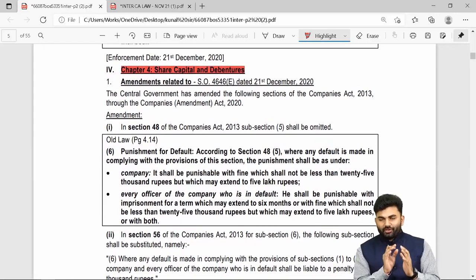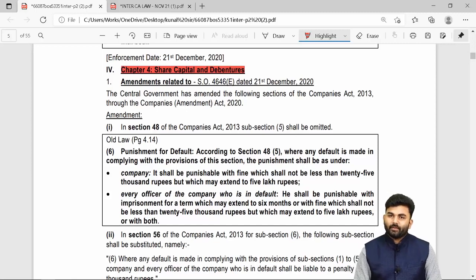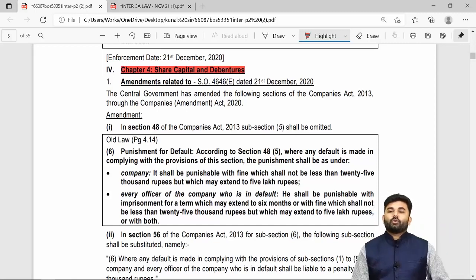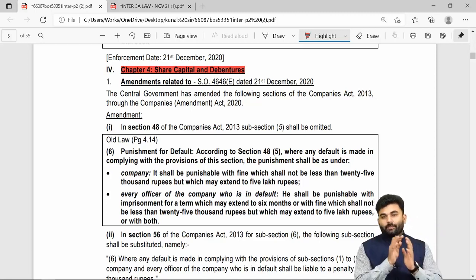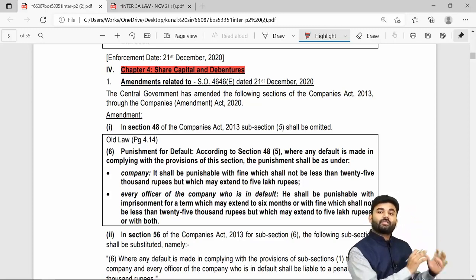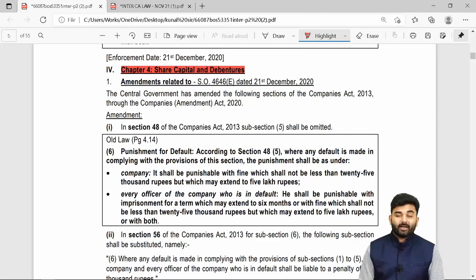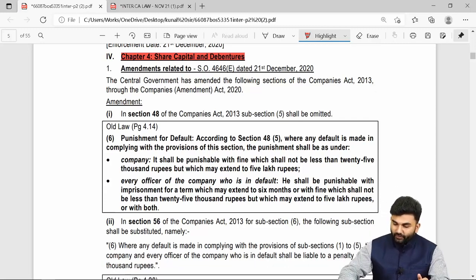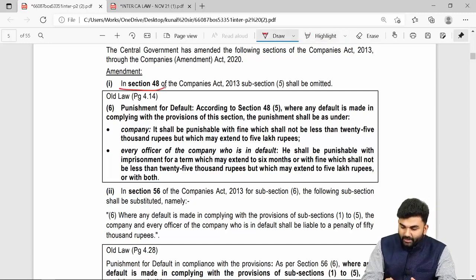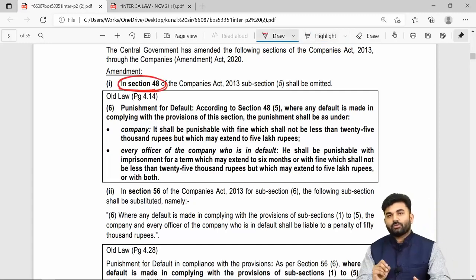However, there are two provisions inside this chapter which we have actually completed in our chapter number 2, that is the provision towards diminution of share capital and reduction of share capital. It is a part of chapter number 4, but in our JKS's textbook we have covered that part in chapter number 2 when we were understanding a topic called alteration of capital clause.